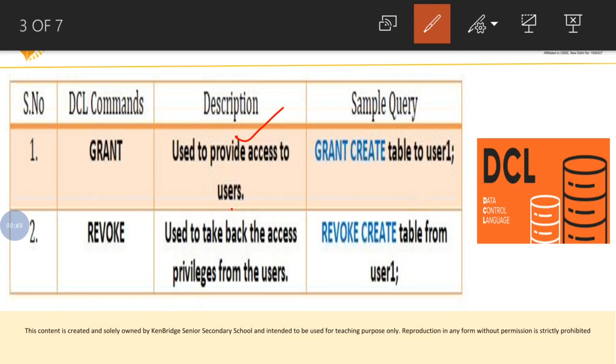from the user. Okay, so grant is used to provide the access, and revoke is used to take back the access, just in a reverse way. Using the command grant, you can provide some privileges to the user, and using the command revoke, you can get back the access privileges from the user. Okay, so these are the differences between grant and revoke, and the basic structure of the grant command is grant